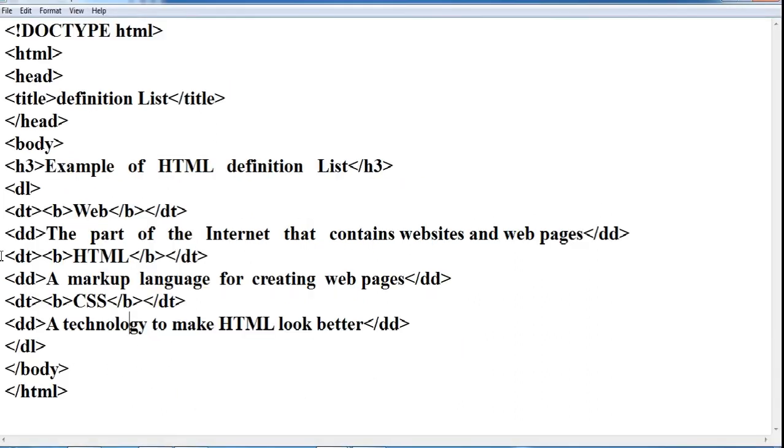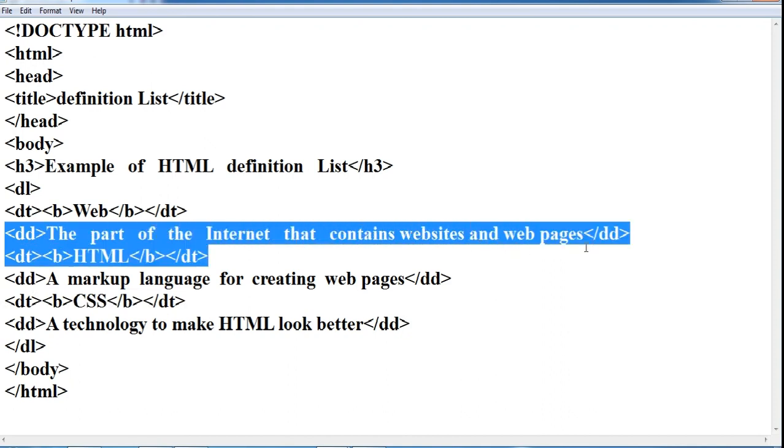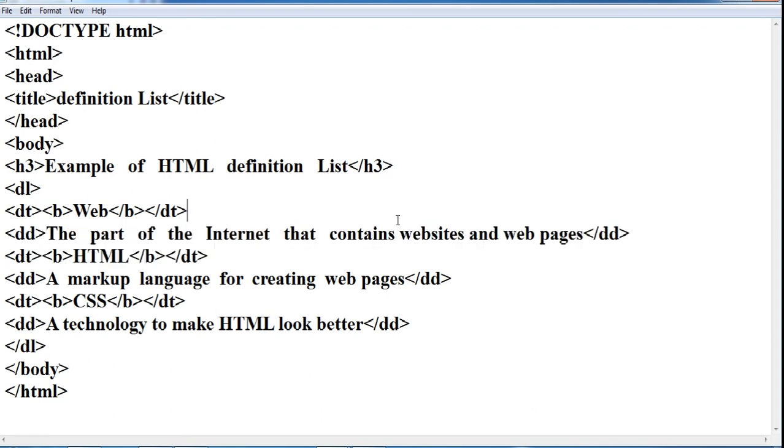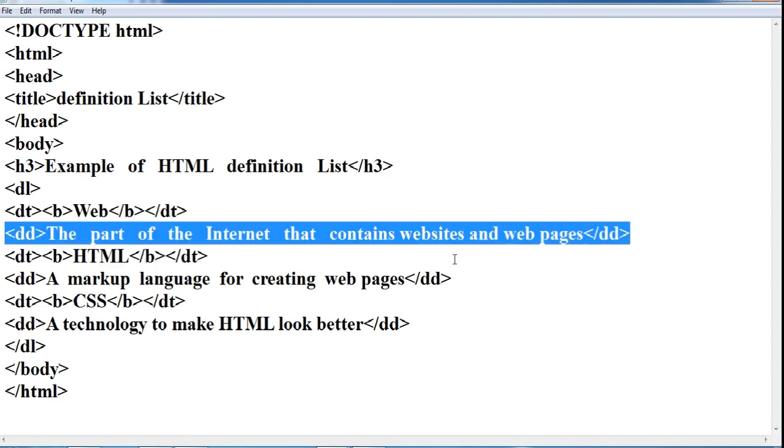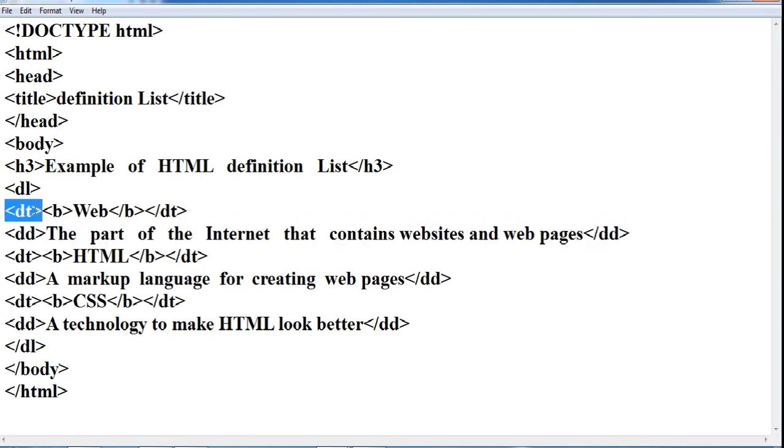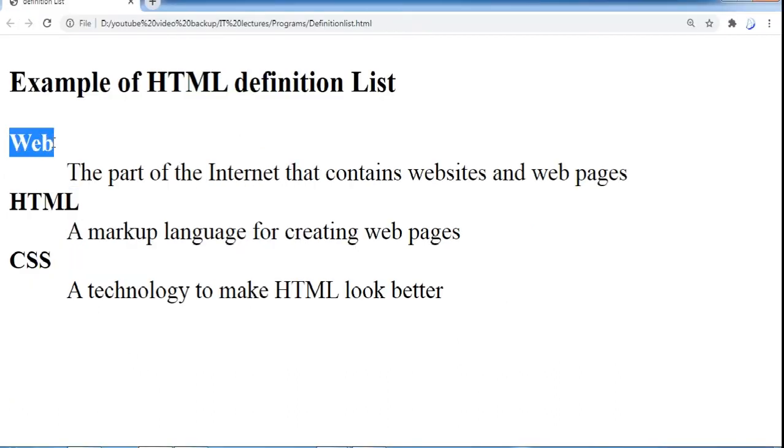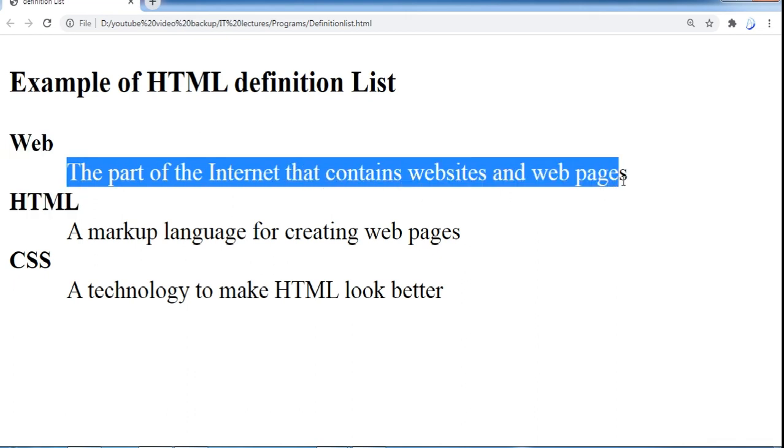You can see here HTML is written in the DT tag, web is written in the DT tag, and CSS is also written in the DT tag. That's why these are the definition terms, and DD is the definition defined here, so it is DD, and definition term, that's why it is a DT tag. So you can see the output here. This is written in the DT and this is written in the DD. So this is about the definition list. You can create many